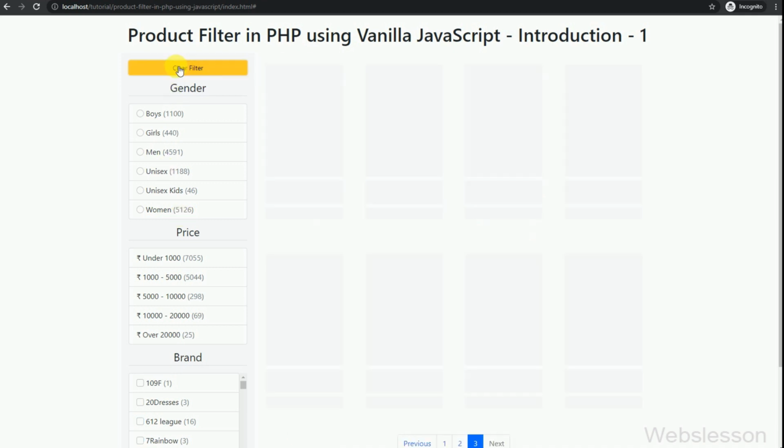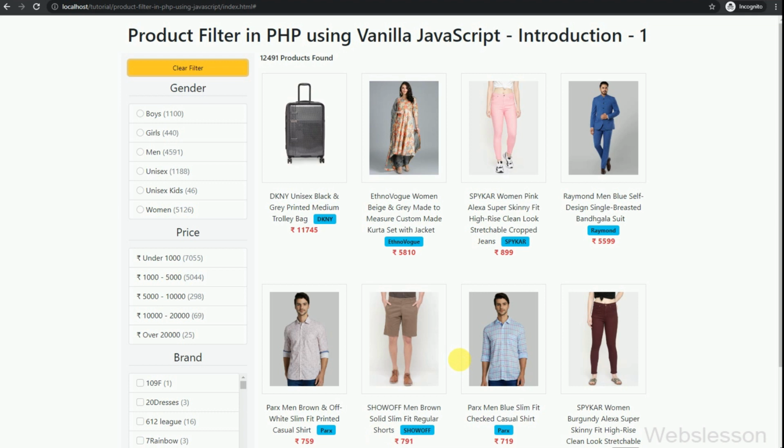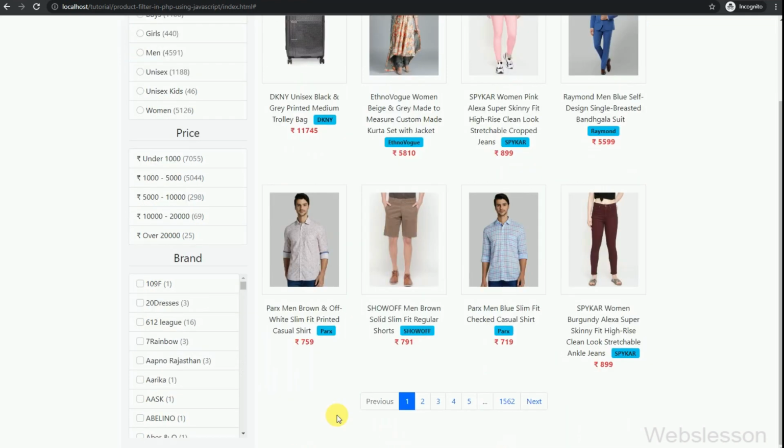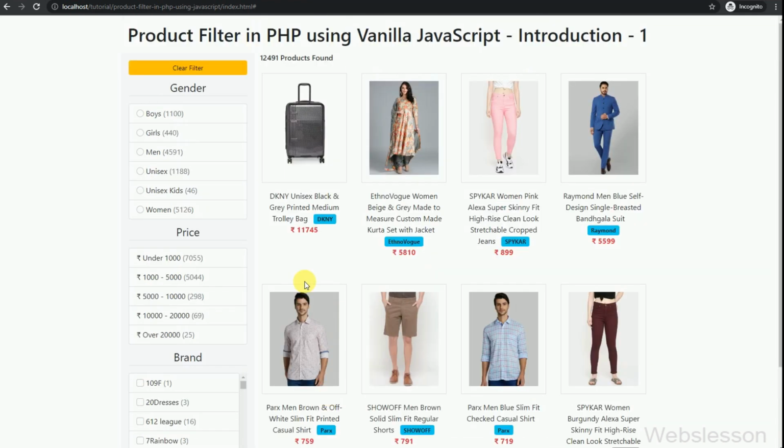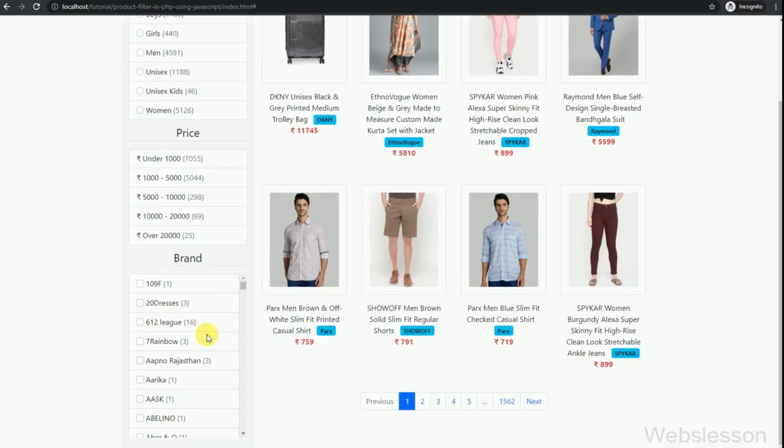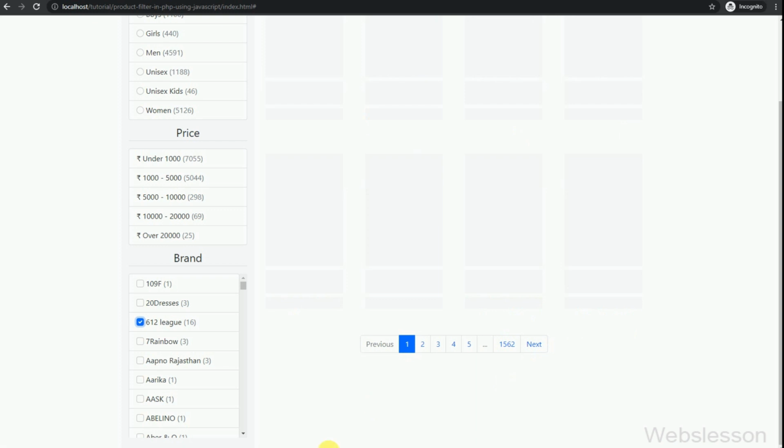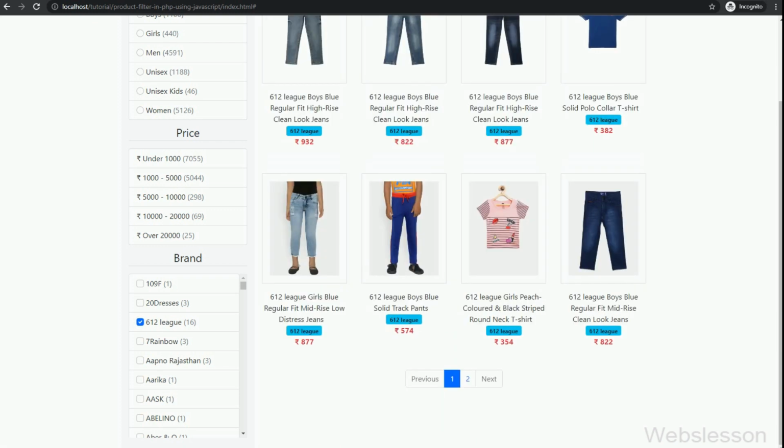In this product filter, we can use all filters together, so for that first we have cleared the filter. Now we want to get only boys products which come under 1000, from the 612 League brand. So first we have selected the 612 League brand, and here 612 League brand products have been loaded.